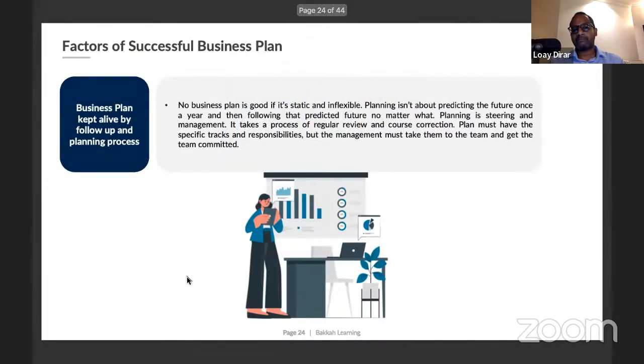Another factor is that the business plan is kept up to date. It's a document that has to be kept up to date. This is why it's treated as more of a live document. What I mean by a live document is that a business case must always be updated in order to reflect what's going on. So if the business case is not updated, definitely it's going to get easily outdated. And this in turn will